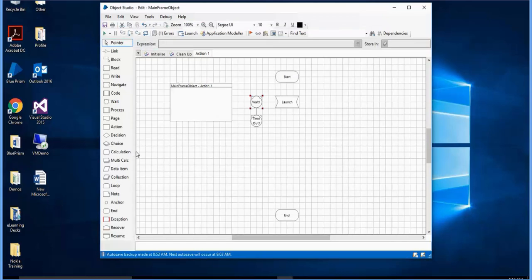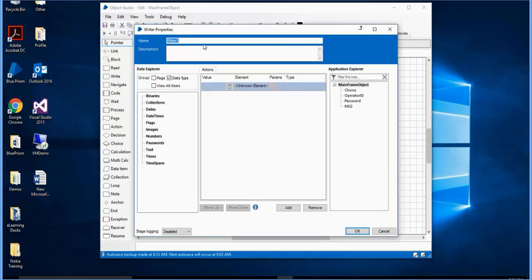Now the next step would be I need to enter the choice, if you remember, right. So I will use write, where I will say enter choice, and you remember my field name was choice, right. So let's say I want to enter AOF, right,